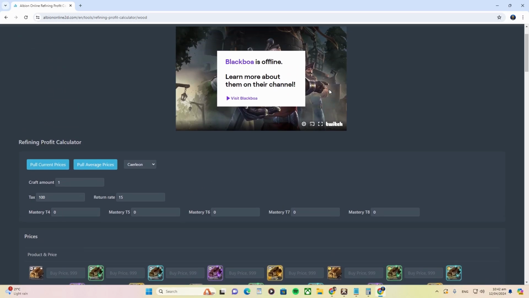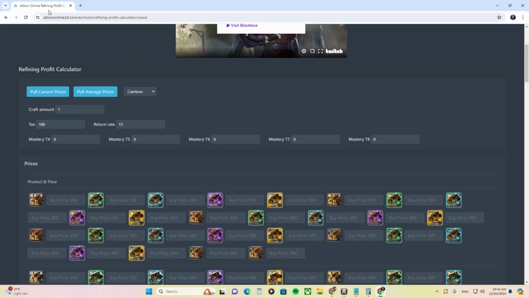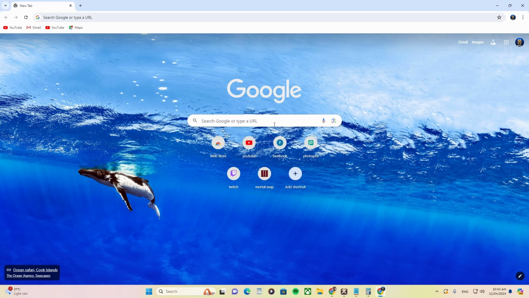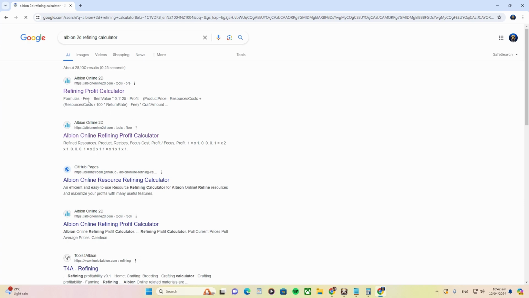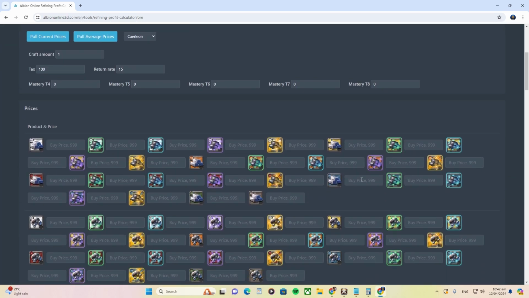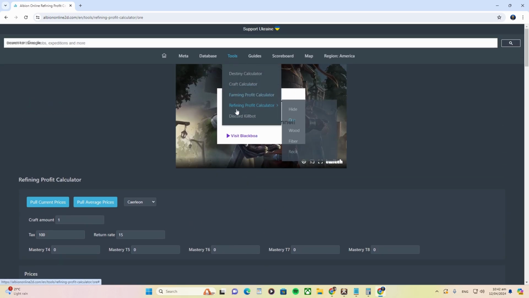So right now here I am, we're at the Albion 2D refining calculator. As a matter of fact, I'm just gonna show you guys how to get there. You just go to Google search, as you can see right here. You type in Albion 2D refining calculator, and I usually click on the first tab, doesn't matter. The first thing that'll happen is it will take you to the ore, but you're not refining ore. What you do is come back up here to tools, go down to refining calculator, then you go to wood,